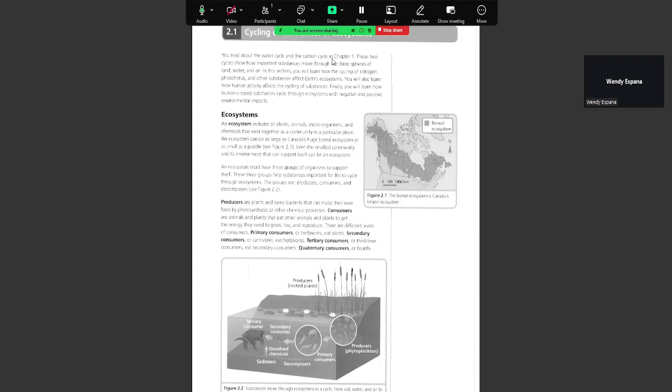we call that a level. Secondary consumers eat herbivores. So that would be another level of the ecosystem. So you would have perhaps a fox would eat a mouse, and the mouse has eaten a plant of some sort. And so the plant is your producer, the mouse is your primary consumer, okay? The fox is the secondary consumer,